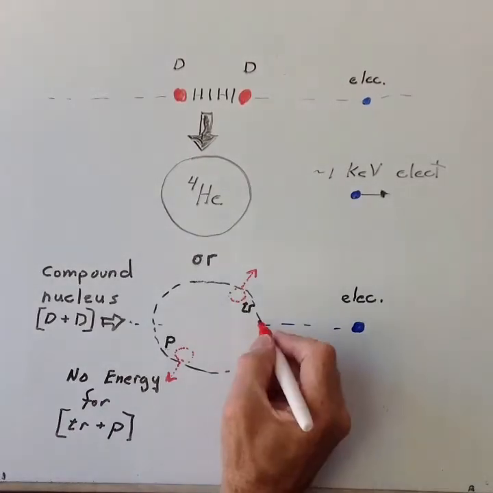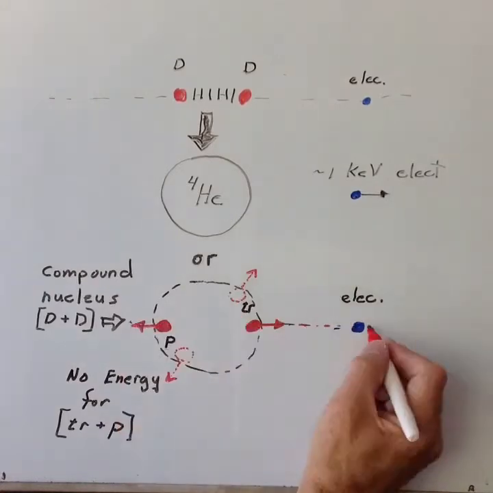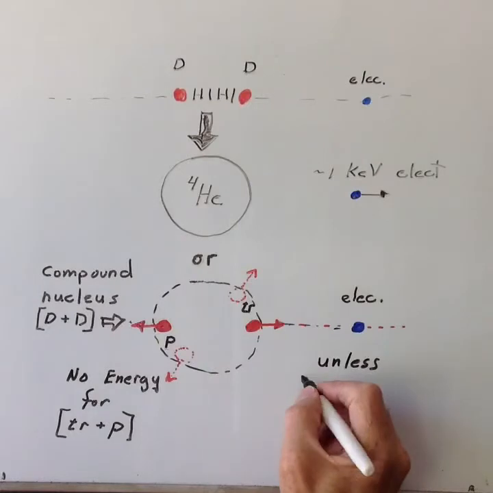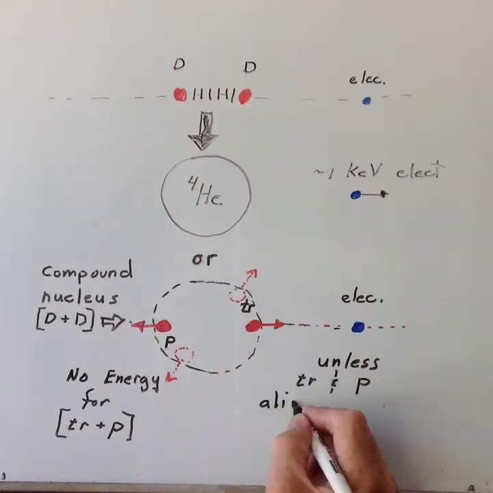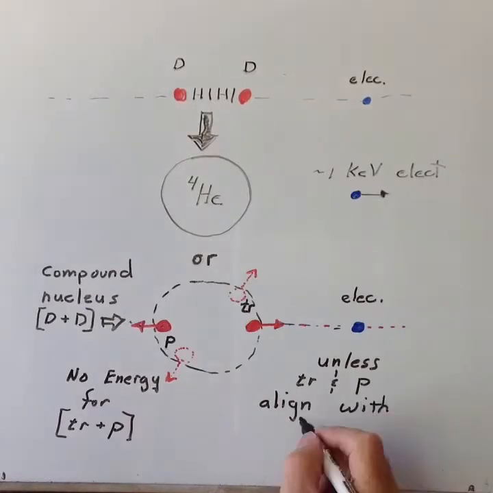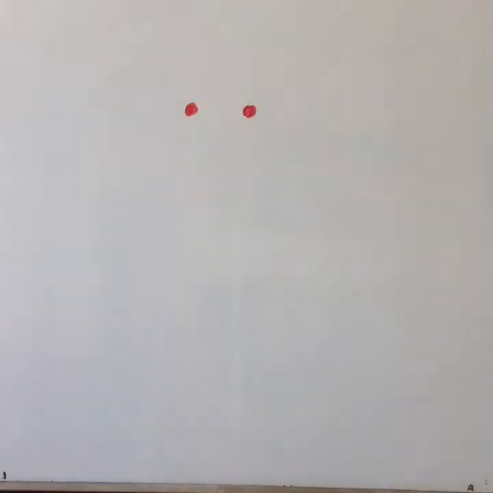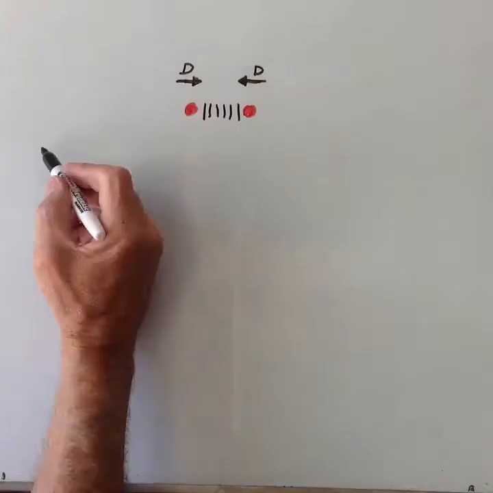The tritium-proton reaction can only occur if the helium product state is sort of reversible. There is a state that takes back the energy from the electron if the tritium and proton leave aligned with the electron, so as to allow the electron to accelerate one of the particles, thus giving up the 1 keV of kinetic energy. We can estimate the tritium-proton probability by comparing the volume of the compound nucleus with the volume in the nucleus consistent with the tritium and proton mimicking the incoming deuterons.